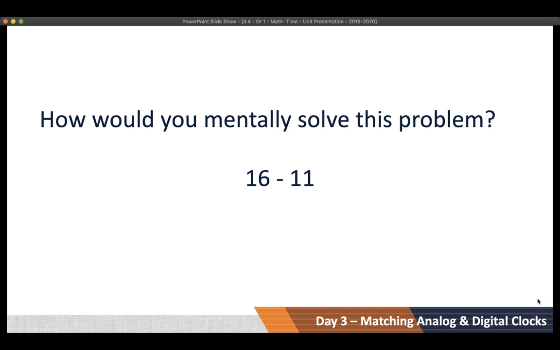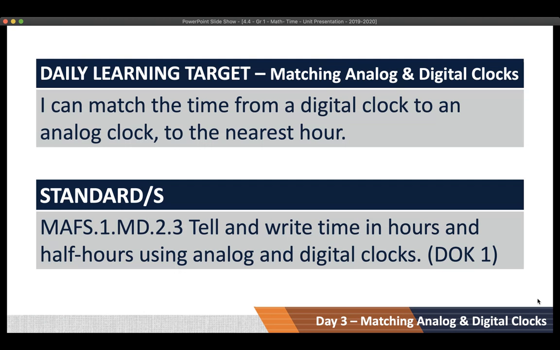Go ahead and solve the problem in your head. 16 minus 11. You should have 5. 15 minus 6. You should have 9. Our daily learning target is, I can match the time from a digital clock to an